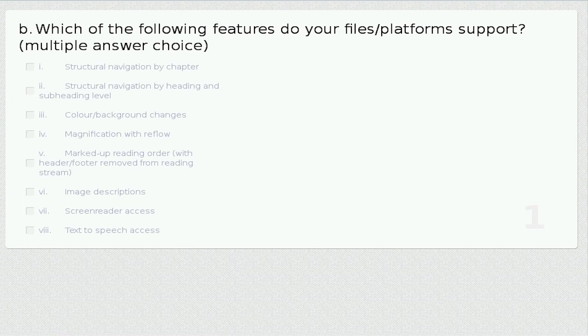So again, I'm going to be silent for a minute or something. And I'd like you to click on the different options and then click on submit or send.